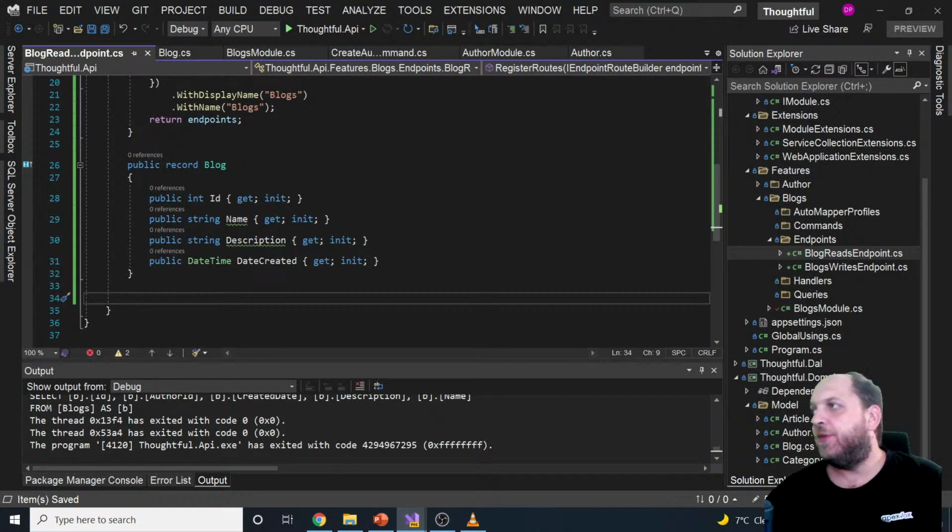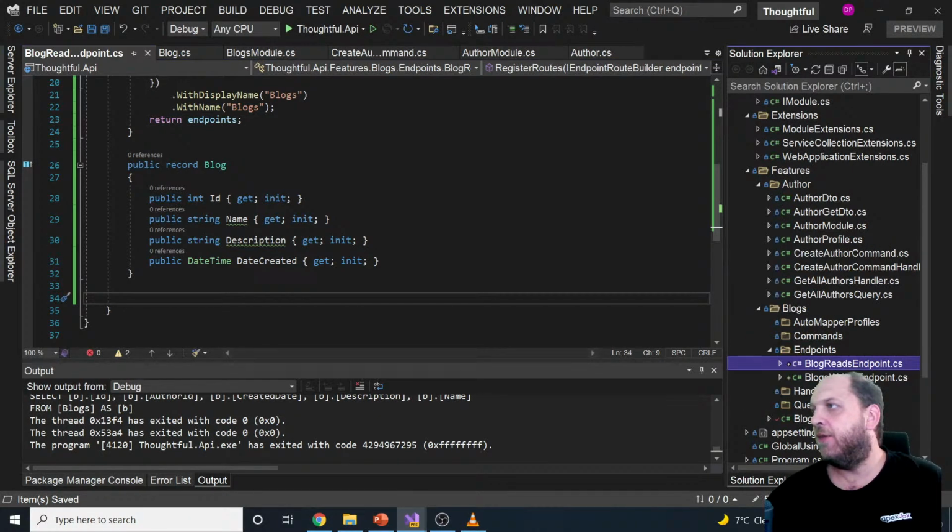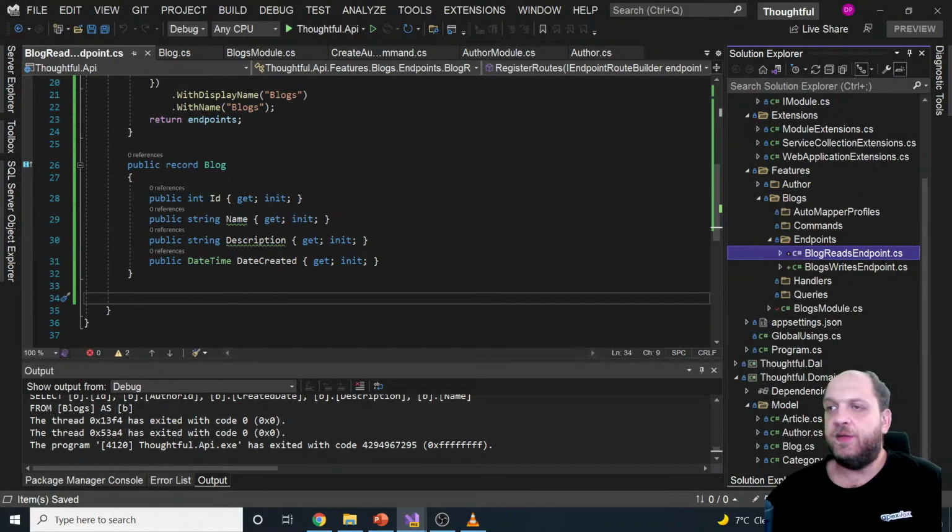Because what happens if we would use the same DTO that we have here? If at a certain point we would change that here, it would actually also affect the behavior in these other features. And we really want features to be self-encapsulated and self-sufficient. So one change that we do here should not change anything on the features that we have here. So in this case, we just add our